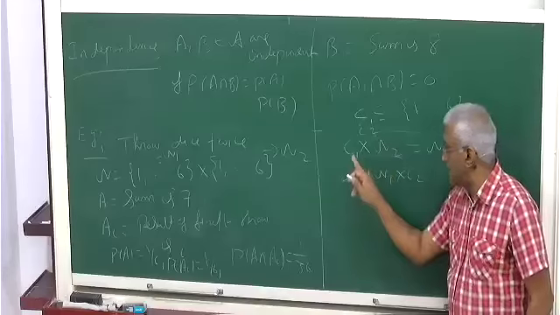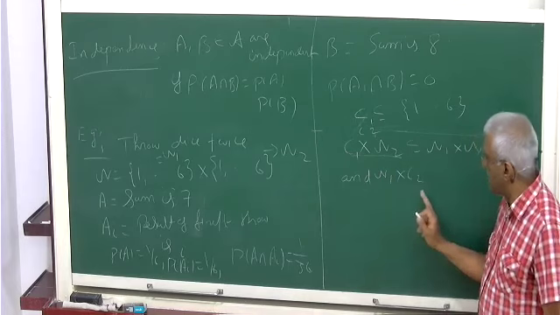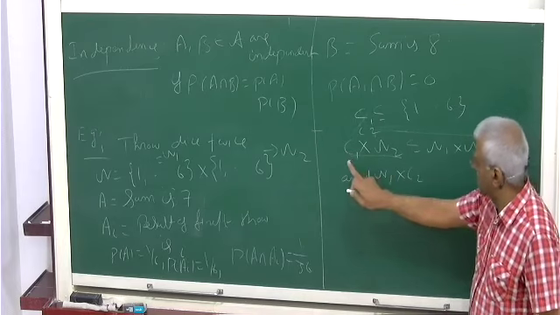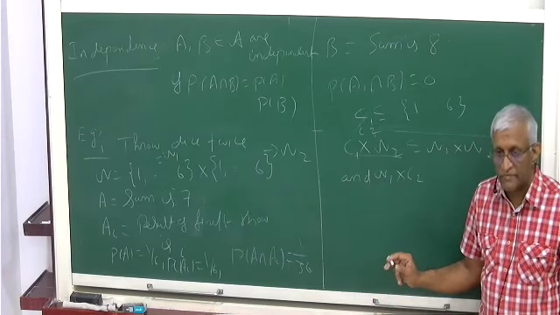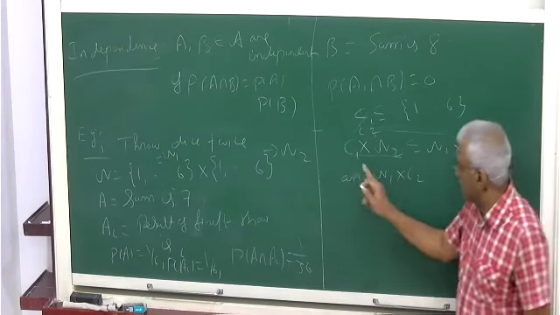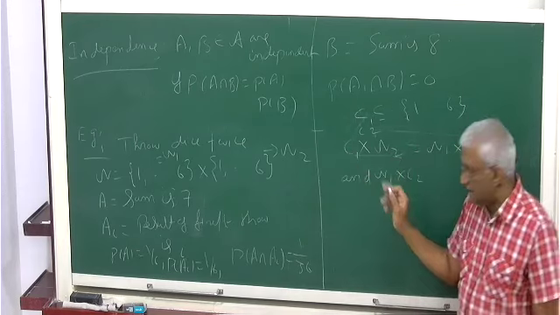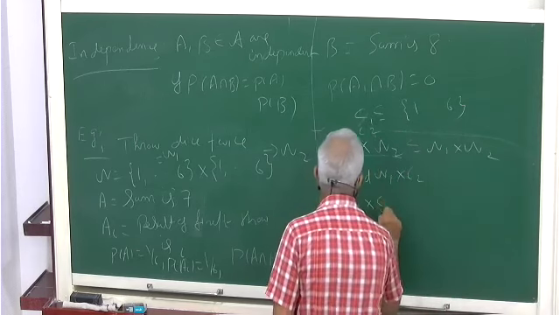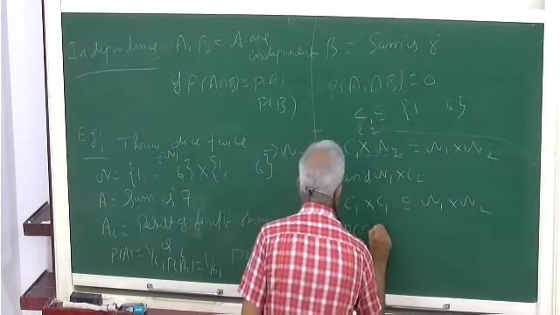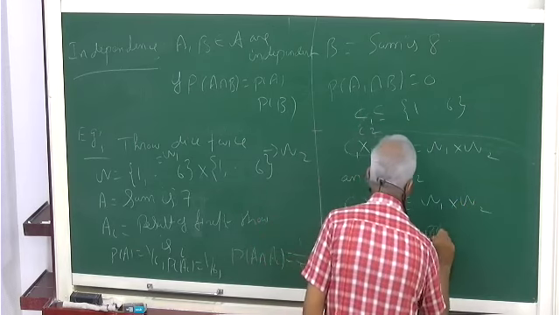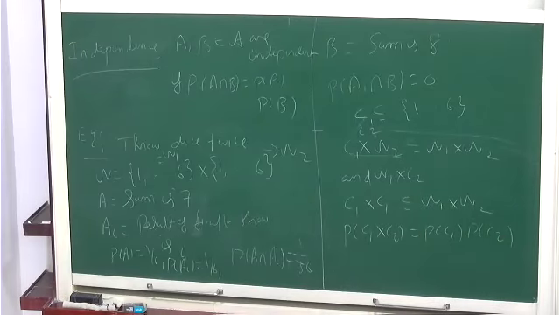Probability of this set will be the number of elements here divided by 36. Probability of this is equal to probability of C1 into probability of C2. If you take any sets here, C1 cross C2 contained in omega 1 cross omega 2, then probability of C1 cross C2 is P of C1 times P of C2. By definition.